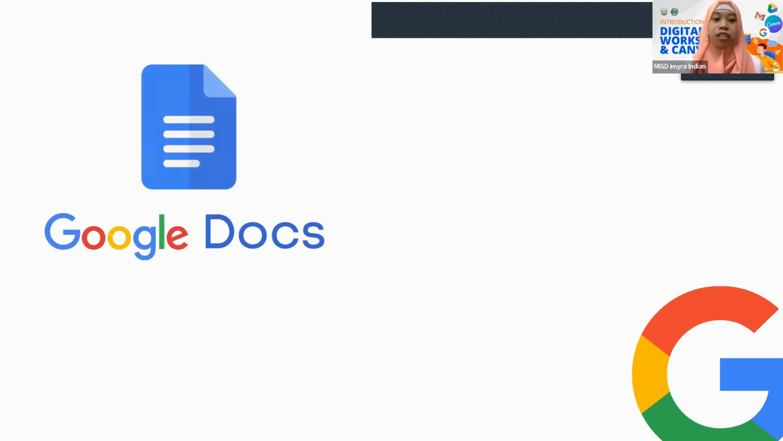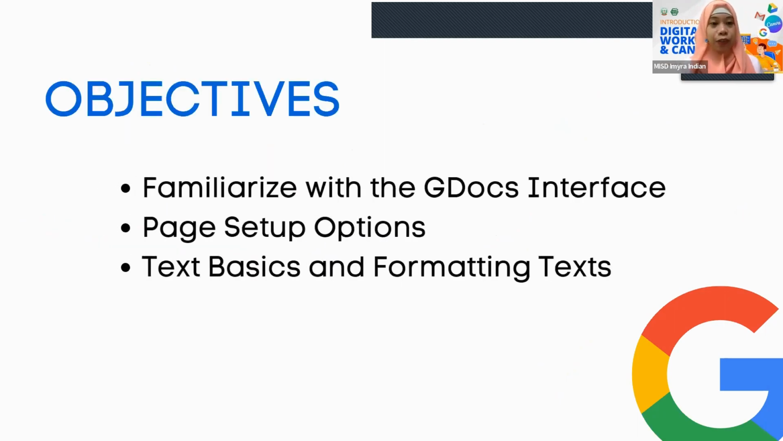Docs. So Google Docs is the Google version of Microsoft Word. So for this topic, we need to familiarize the interface, the page setup options, the text basics, and how to format the text. For the interface,